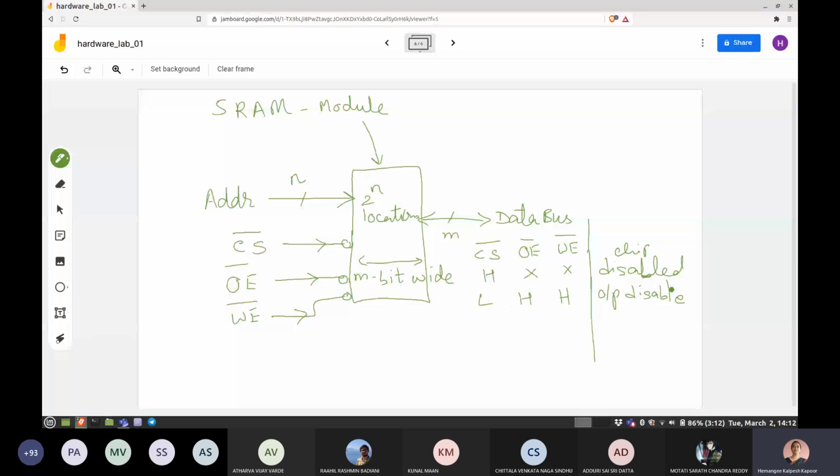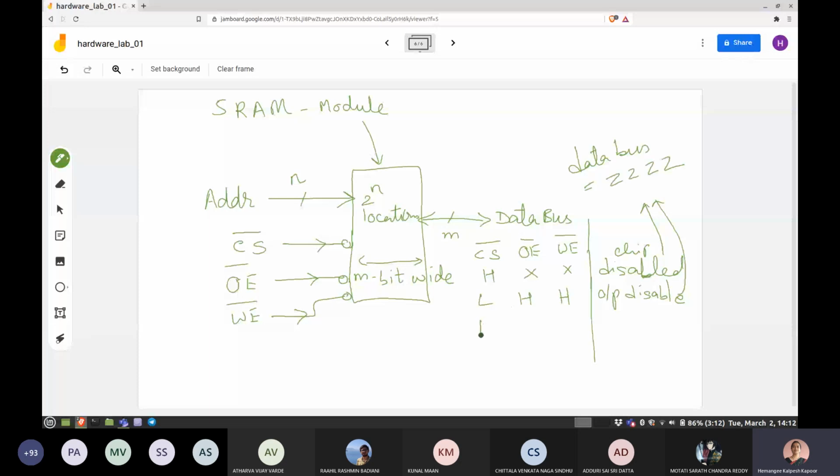With the output disabled and the chip disabled, what should be on the data bus? The data bus will be in a high impedance state, all Zs, because that wire has no signal. Let's go to the next option.